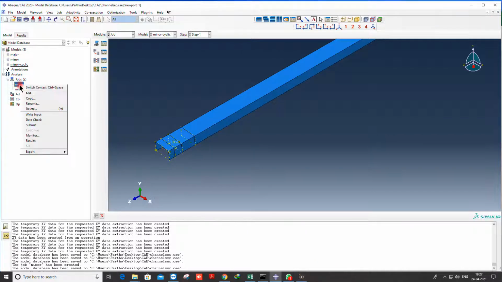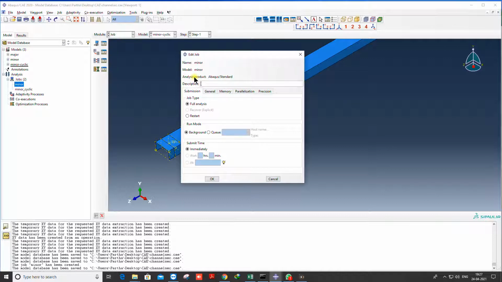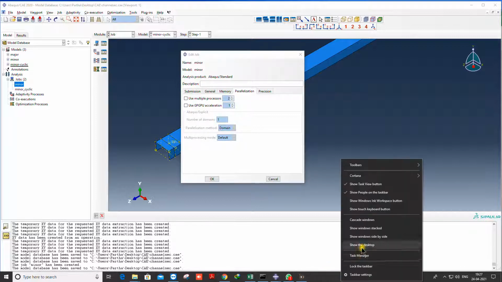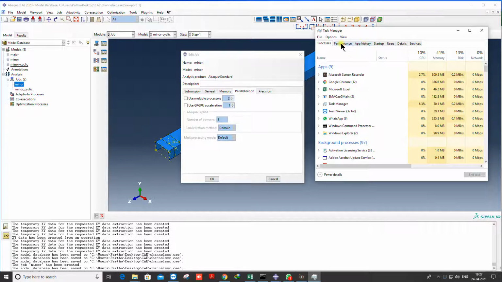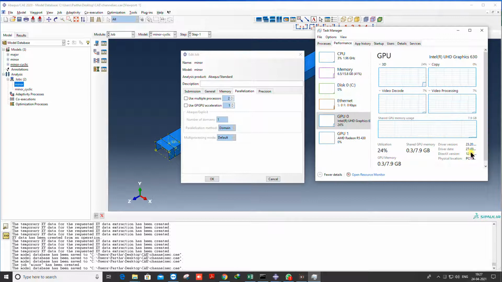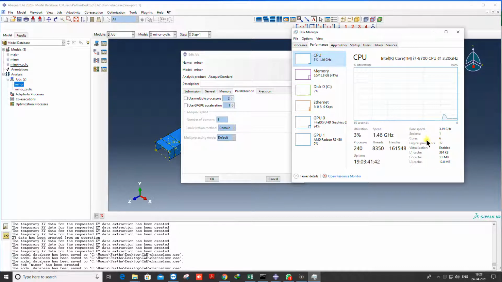One more thing, when you create a job, make sure you verify which model it is for. Here I have 3 models, so this job is for the minor model, here it is written. And if you have 4 cores, you can check your computer cores from here. Go to Task Manager, in Performance go to CPU, and it will show you how many cores you have.